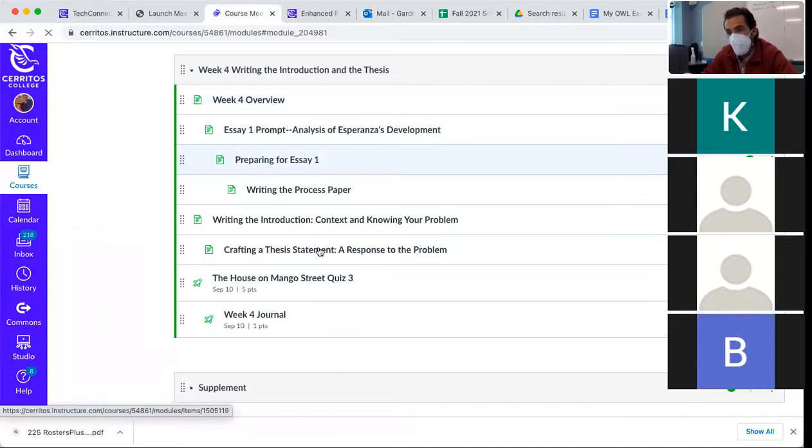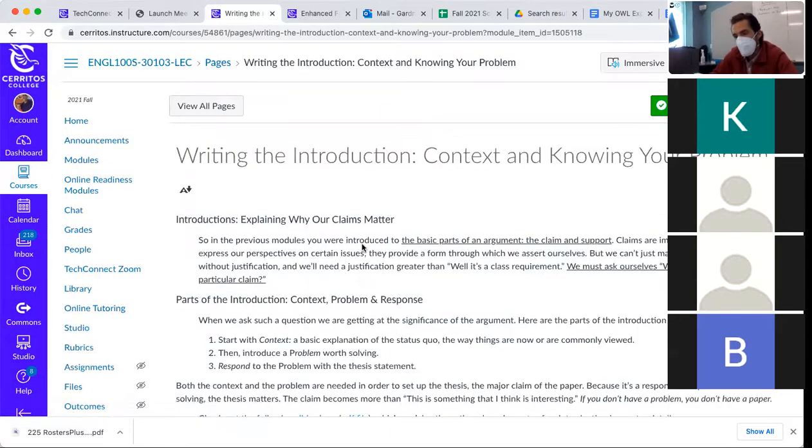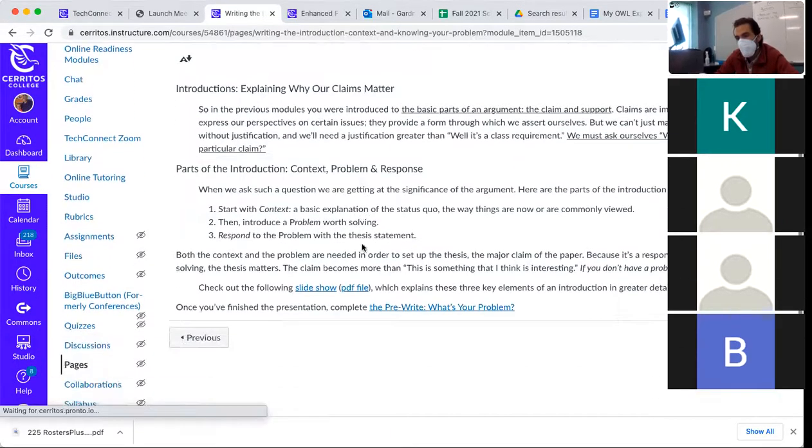Let's go here. So there are about three different pre-writes. Those are the practice quizzes that I have, plus the House on Mango Street quiz. None of these are graded. It's just checking yourself. The most important pre-write that's going to help you do the journal for this week is